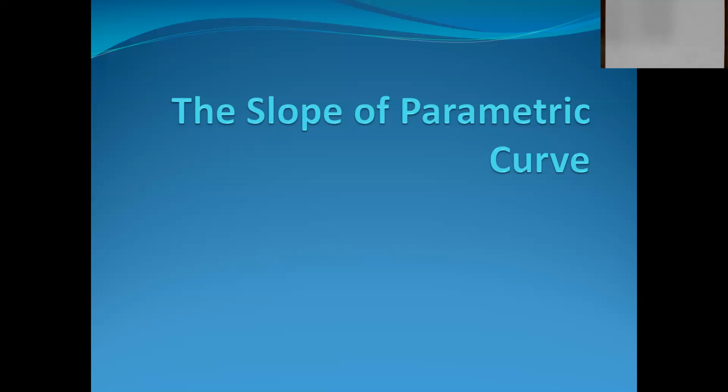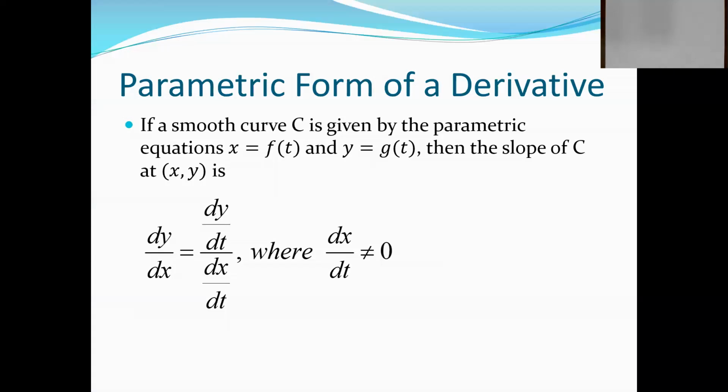So definition wise, how do we define the derivative of a parametric curve? Well, we will take a curve C, a smooth curve C, and this curve C is defined by the parametric equations x is f of t and y is g of t. So what we're going to do is define the slope of such a curve defined by these two parametric equations,